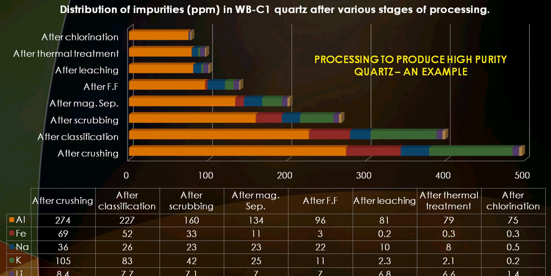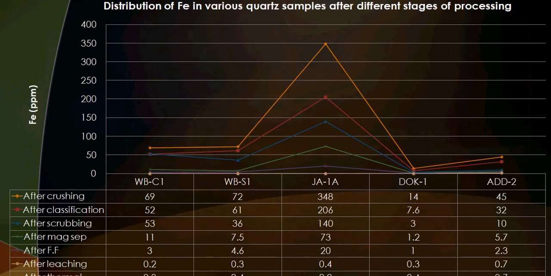But as I told you, there are still chances, there are lots of occurrences of quartz, and we have to test them. If we produce high purity quartz, Saudi Arabia will be the 3rd country to produce high purity quartz. There's another thing. It is not what quartz looks like. See, on the left hand side, WBCA, this was Wadi Bua quartz, and on the right hand side you can see ADD2. The impurity level is small,